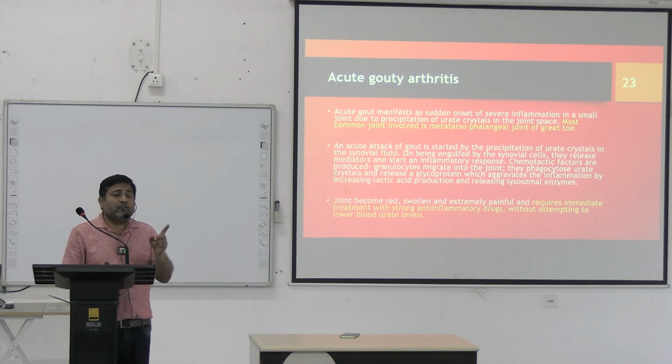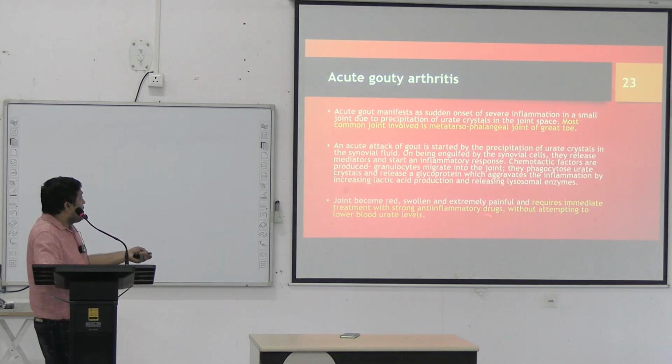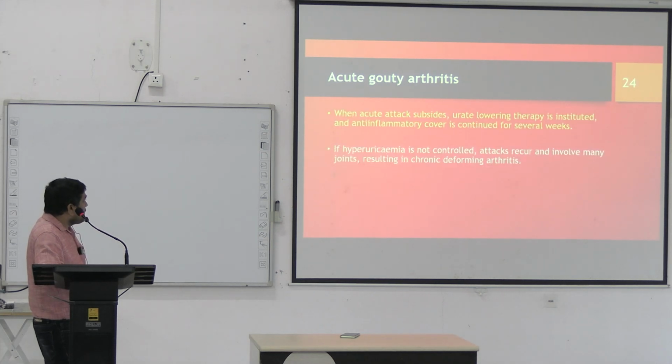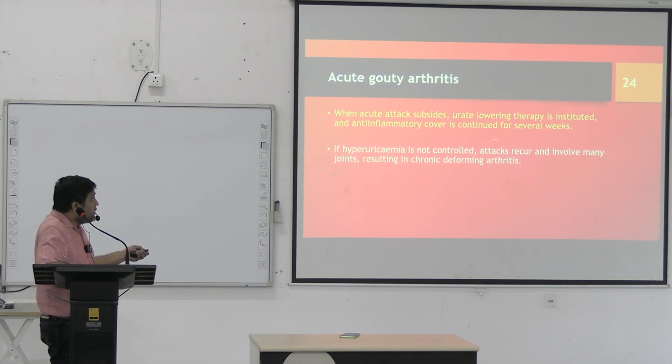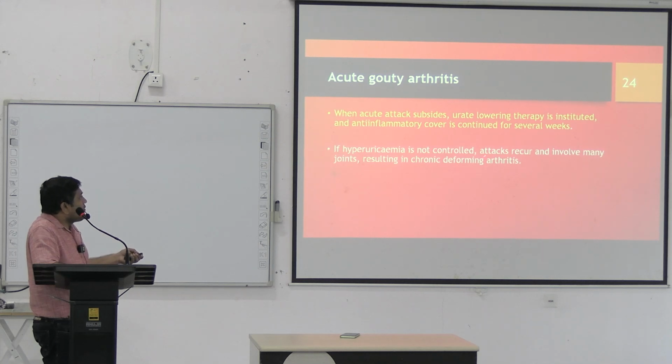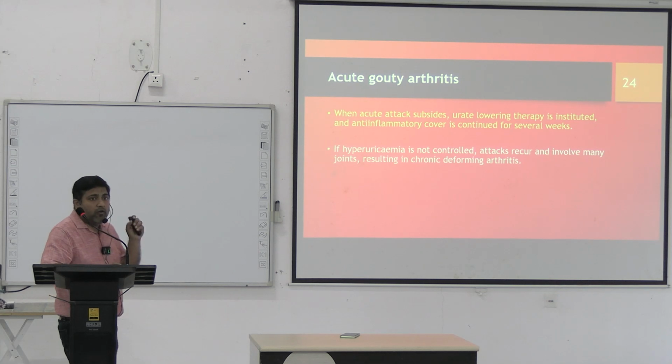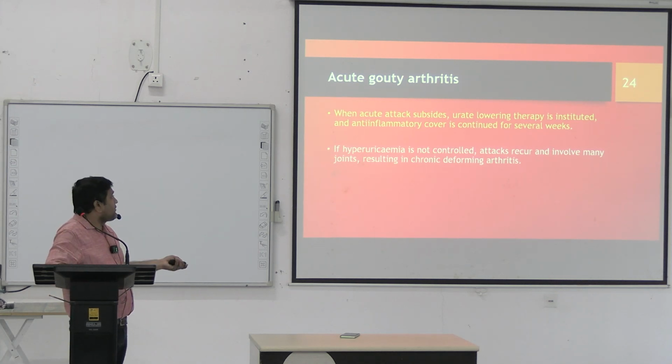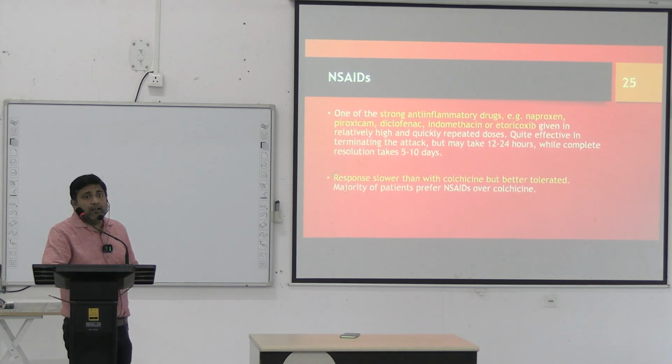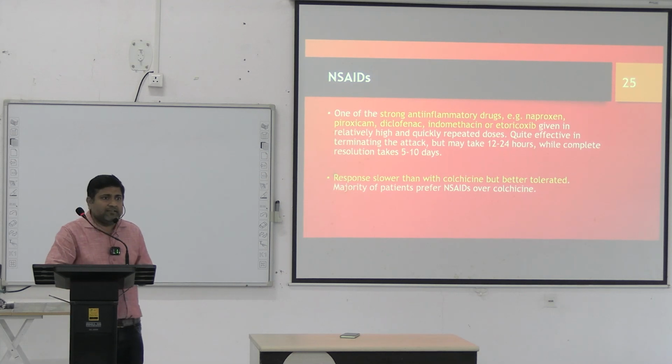তাতে কিন্তু acute gouty arthritis আরো বেড়ে যেতে পারে। ঠিক আছে, তো without attempting to lower blood urate level. When acute attack subsides, urate lowering therapy is instituted and anti-inflammatory cover is continued for several weeks. If hyperuricemia is not controlled, attacks recur and involve many joints, resulting in chronic deforming arthritis. So coming to the drugs used in acute gouty arthritis, that include